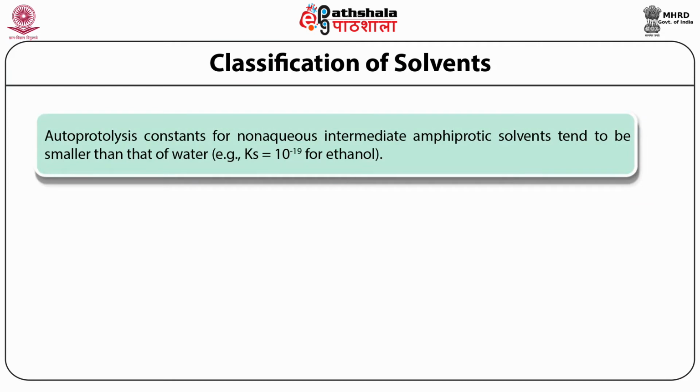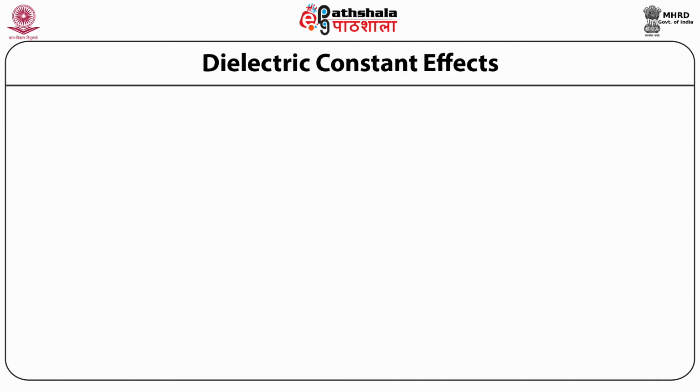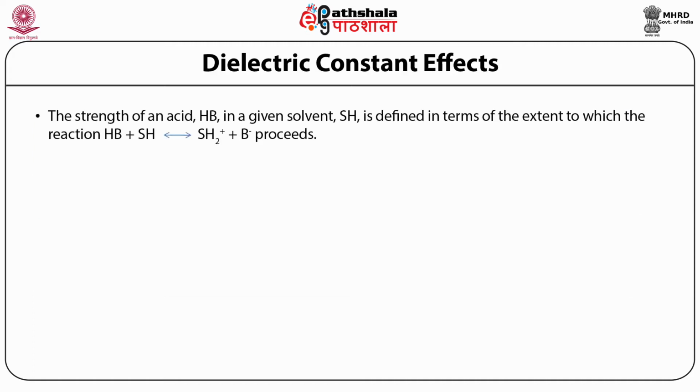Autoprotolysis constants for non-aqueous intermediate amphiprotic solvents tend to be smaller than that of water. Protophilic amphiprotic solvents exhibit very weak acidic properties and relatively strong basic properties. Their autoprotolysis constants are usually less than that of water. Dielectric constant effects. The strength of an acid HB in a given solvent SH is defined in terms of the